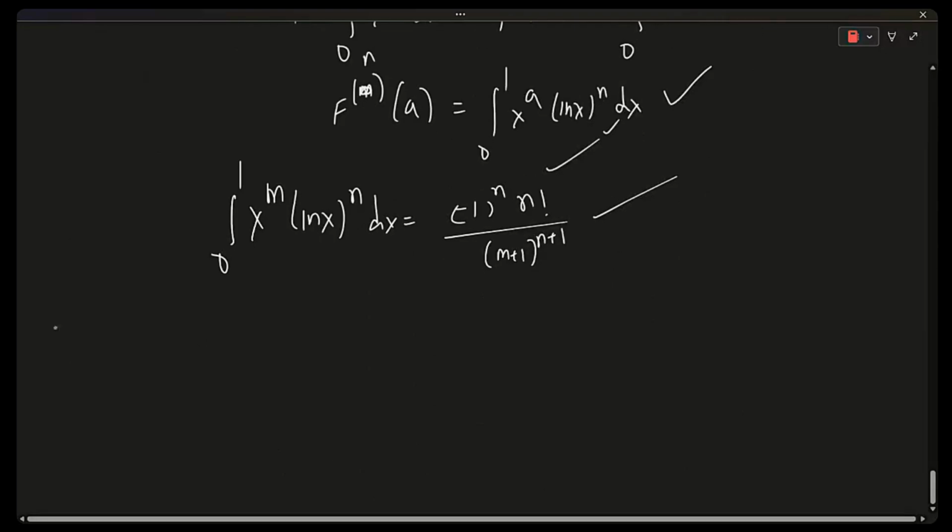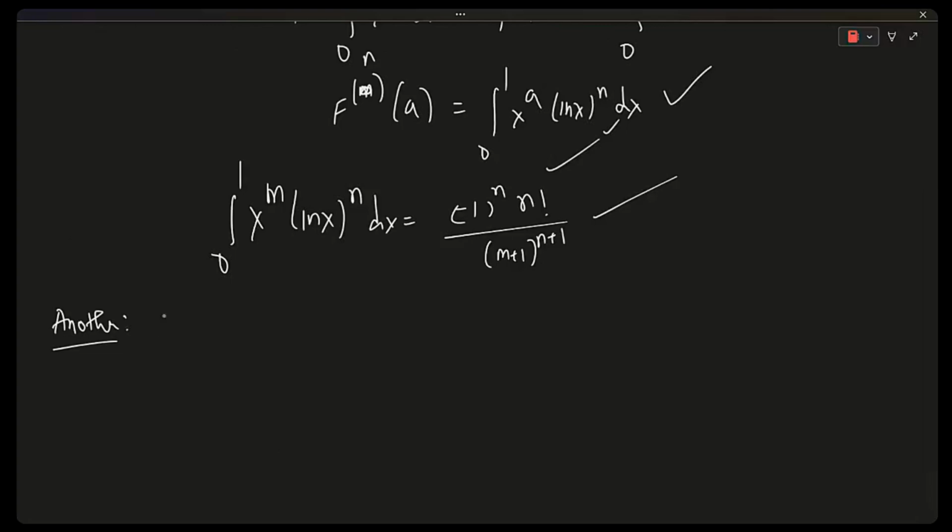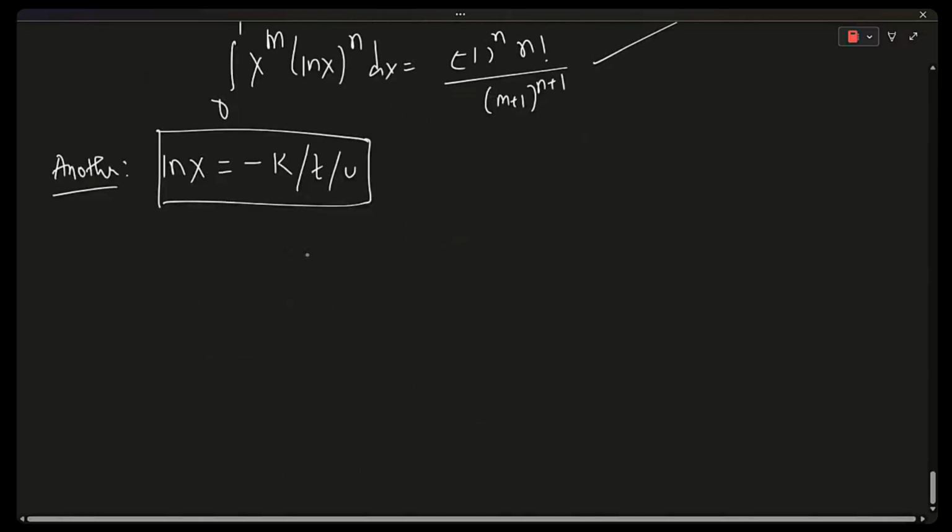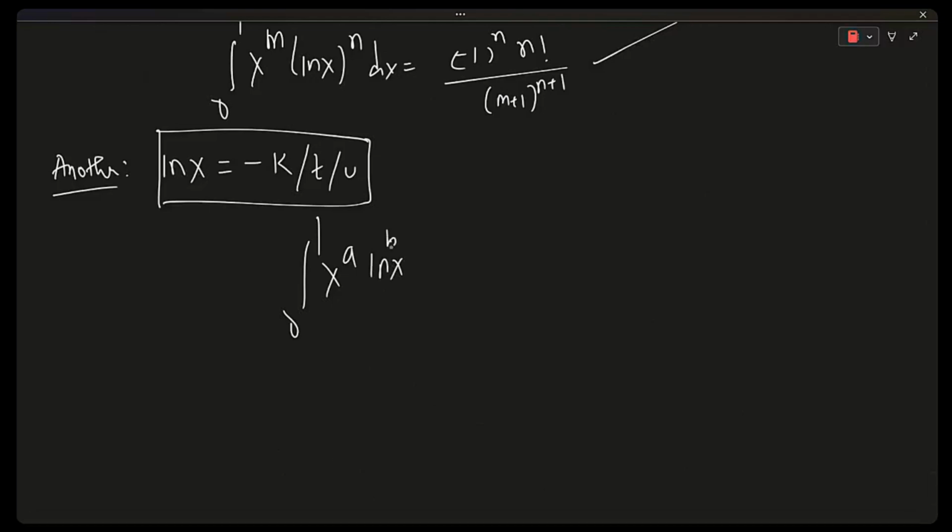Another method, which is a preferred method as well, is proposed by Shorolipi, where rather than taking ln x equals k, you should take ln x equals minus k, or whichever variable you think is better. This is what you should take, because that is going to transform this into a beta function. कैसे? ये सिंपली क्या बन जाएगा, 0 to 1 x to the power a ln x की पावर b dx, a और b से करते हैं।